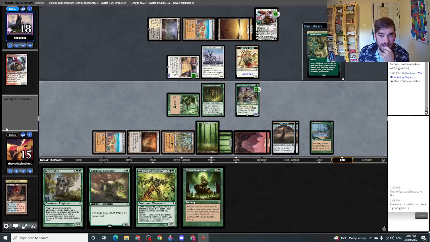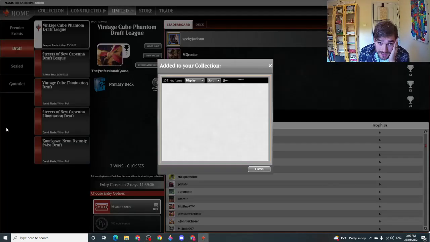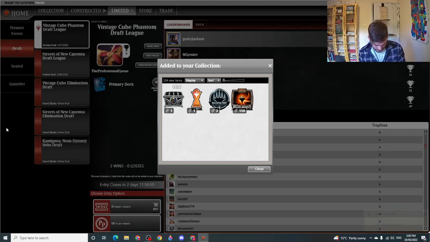I feel like we're a long way ahead here. Our life total is being pressured. We're ahead on board. Alright, there he is. There's the trophy. Fascinated to know if that was actually Johnny Magic, because I think that is his, I don't know what is,